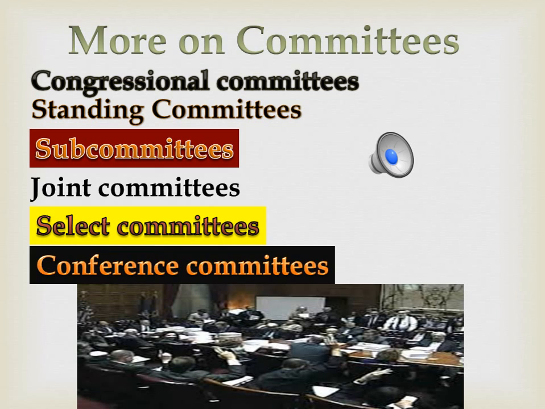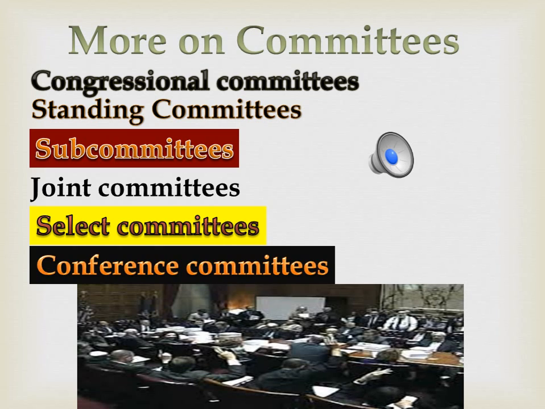There are also joint committees. And when you think of a joint, think of your arm, where your elbow is. Your two bones meet there. And so when we say joint, what we mean is the two houses. So we've got the Senate and the House of Representatives coming together, kind of like your two arms at the elbow. You're not your two arms, but your two bones at the elbow. So they work together and review, and hopefully it becomes bipartisan when that happens.